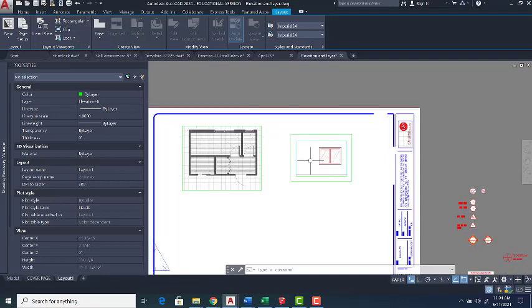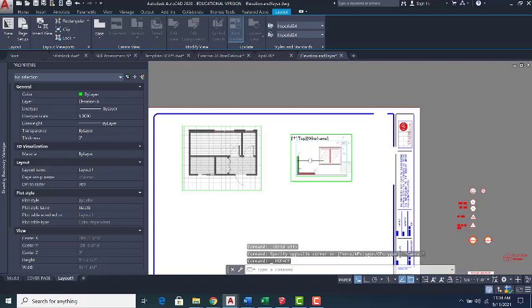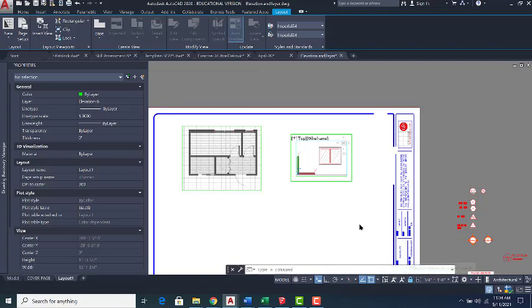I'm not sure if I locked this one. Let's go back and double check. So see, I forgot to lock it. Okay, so the thing is, because I want to copy this one several times, maybe I can just keep it like this for now, copy them, play with them, and lock them all at the same time. Or you can just lock it, make sure you are not messing it, and then you just copy